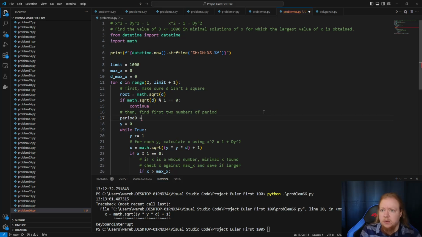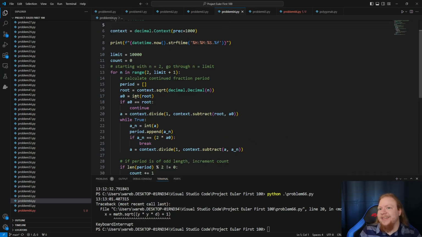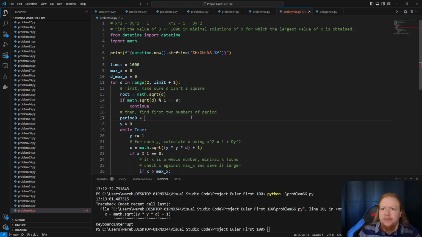Period 0 is equal to, wrong problem, the integer version of this number,